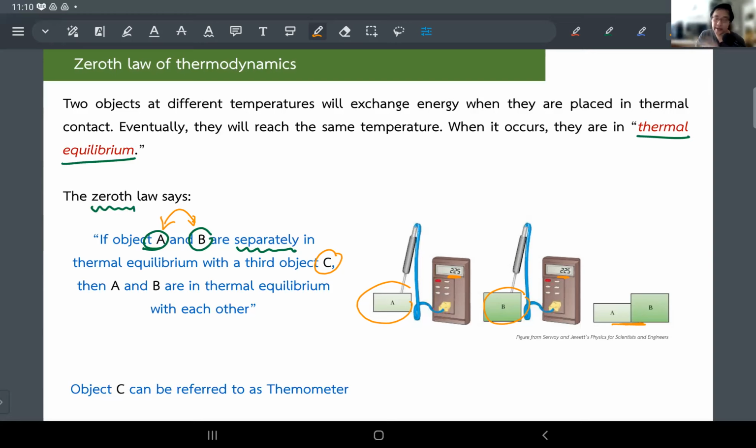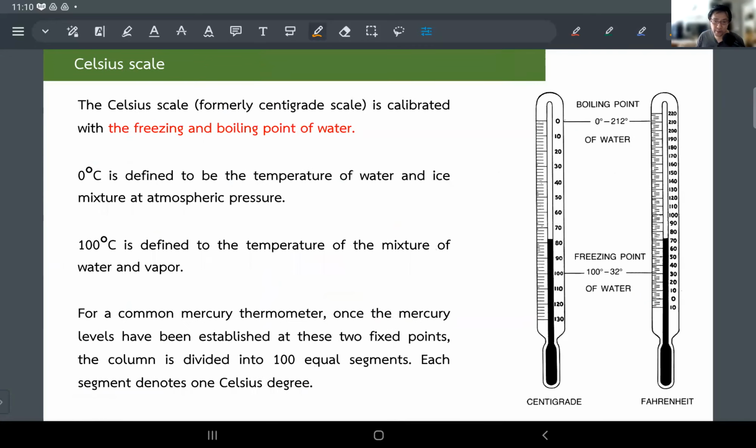Okay, just let it go for the zeroth law, because it's so common sense that you should be able to understand this one using just your everyday experience. Okay, sounds good. All right, now talk briefly